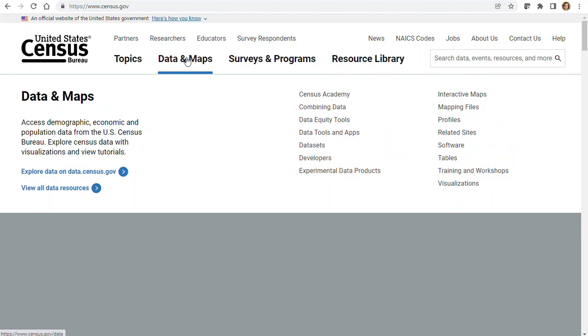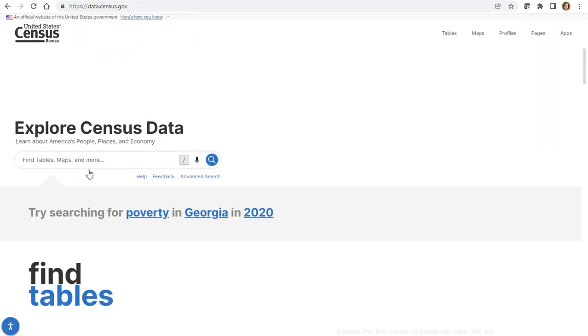So we can go to data and maps, and now all of the data from Census is coming from this one data.census.gov site. There are actually a bunch of other more intense, more advanced data tools, and clicking on some of them here will get you that. But the general access that most people want is just through data.census.gov. So we click on this. This should look familiar because we already visited it in the regular census data summary, looking at communities or states. But here we're going to look more at the